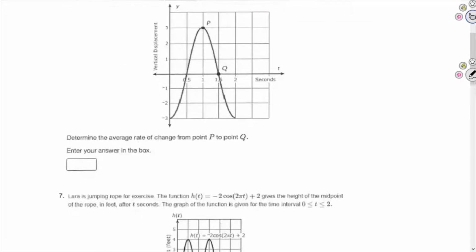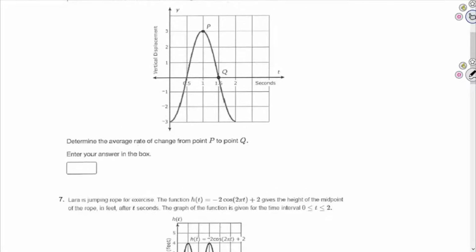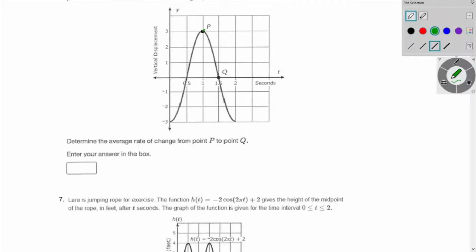Okay, so it goes up and then down. What's the average rate of change from point P up here, let's change the color so you can see it a bit better, from point P up here to point Q? Well, it's an average rate of change, so I look at the function value, the y value at the ending point, that's point Q,